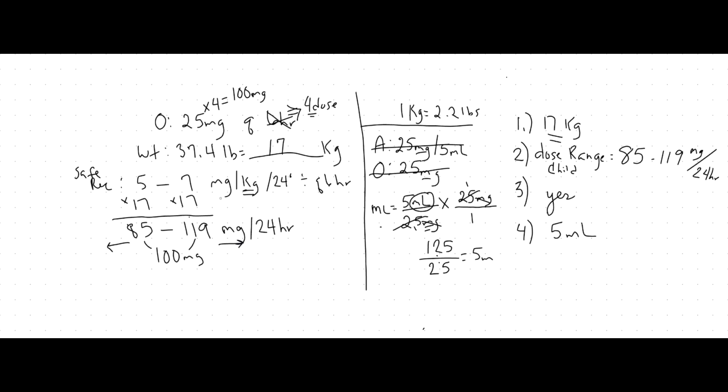You're just converting to kilograms, then you're multiplying, then you're figuring out how much you're giving for that day or whatever the case may be, and see if it falls in there. And then just doing your dosage. So it's really not that hard. It can be very,